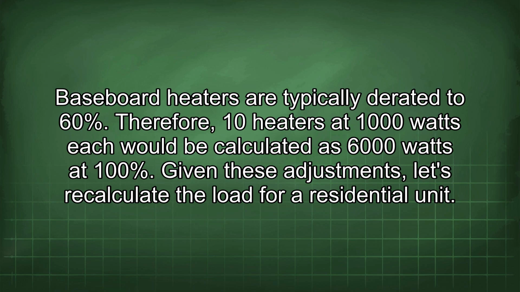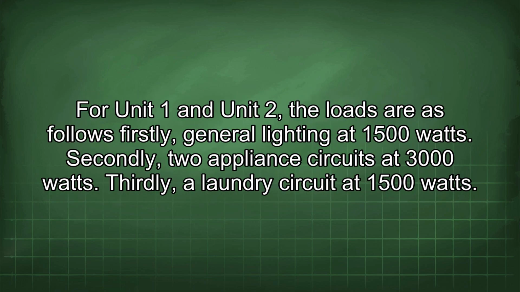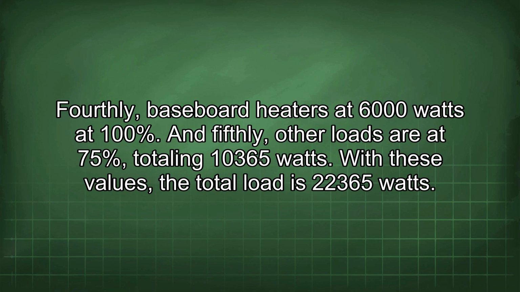Given these adjustments, let's recalculate the load for a residential unit. For Unit 1 and Unit 2, the loads are as follows. Firstly, general lighting at 1,500 watts. Secondly, two appliance circuits at 3,000 watts. Thirdly, a laundry circuit at 1,500 watts. Fourthly, baseboard heaters at 6,000 watts at 100%. And fifthly, other loads are at 75%, totaling 10,365 watts. With these values, the total load is